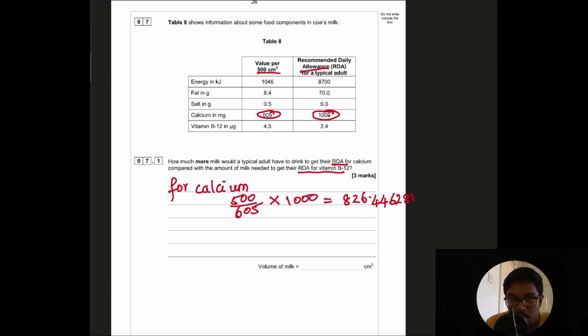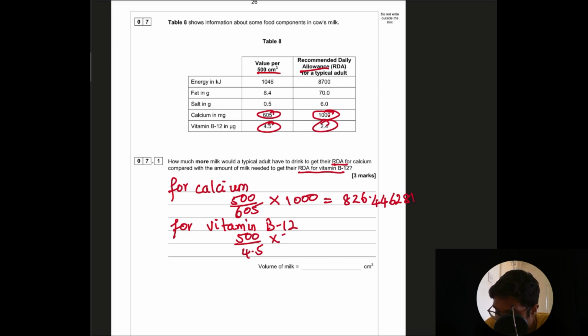And then for vitamin B12, we've got 500 of vitamin B12 again. Divide that by the 4.5 and then multiply this by 2.4. This is literally like proportion that you learn in GCSE maths. This equals